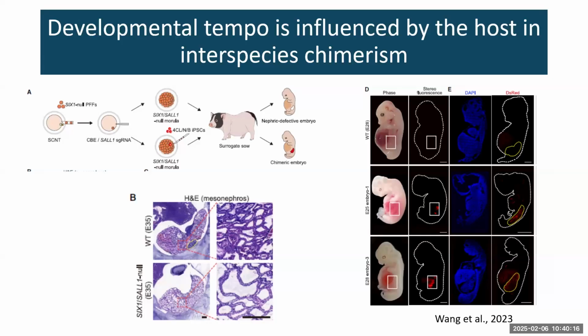It was reported by a group in America who introduced human cells into a pig embryo. This pig embryo was edited for the SIX1 gene. Basically, these animals didn't have a kidney unless human cells rescued the kidney of this pig. They did. So chimeric embryos were made with human kidney. The remarkable thing about this paper is that at day 35, this is the mesonephros of this SIX1 knockout rescued human ES cell